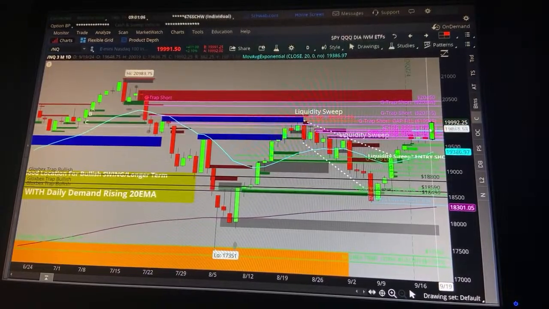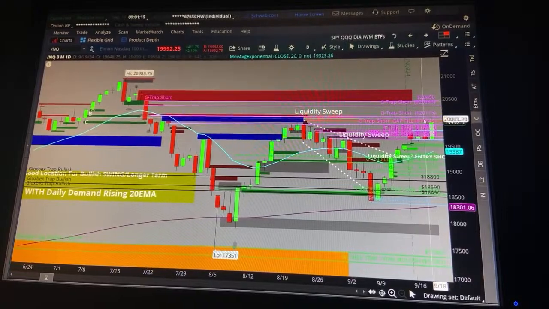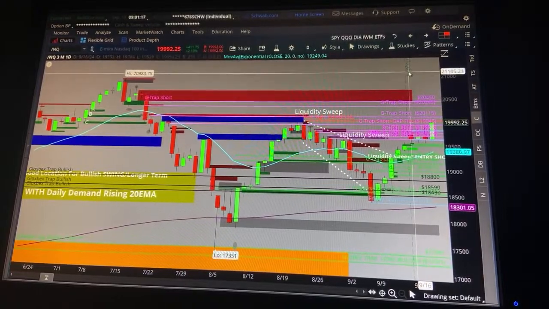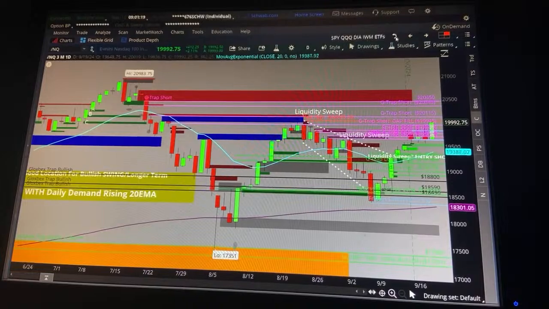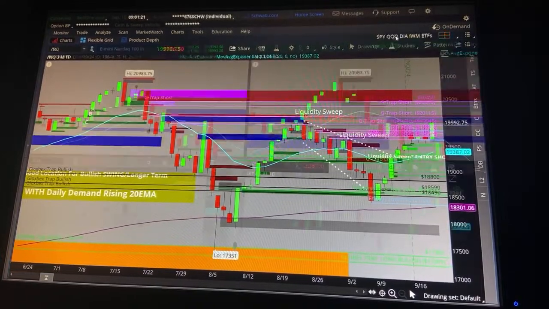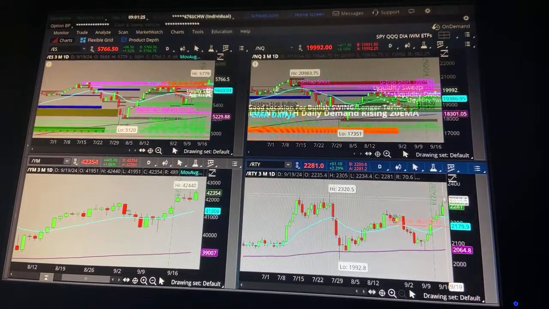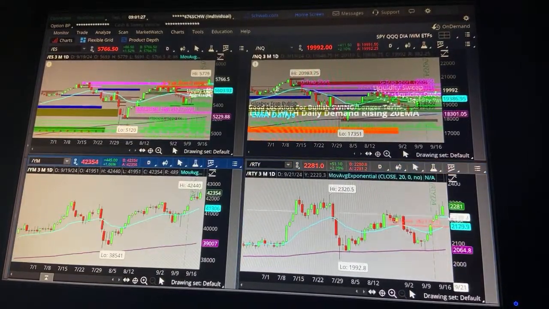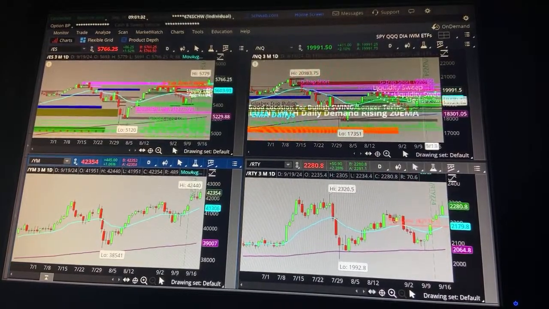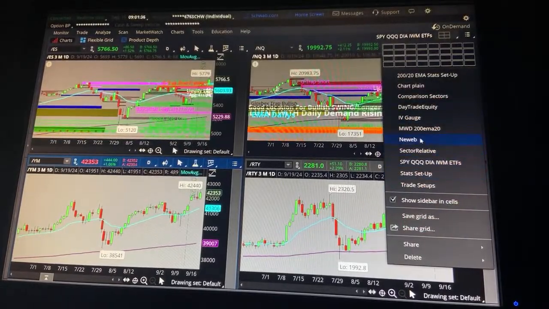Anyways, there's a lot of shorts that are just going to wake up this morning not happy, and that's pain for them. Eventually they have to buy to cover to exit, so that could fuel this market higher. You need people to not believe that we are in a bull market and short the market, and then they become your profits as they are forced to buy to cover to exit on the wrong side, as we are long, selling to exit on highs. Anyways, the point I'm trying to make here, which I think I already made, is